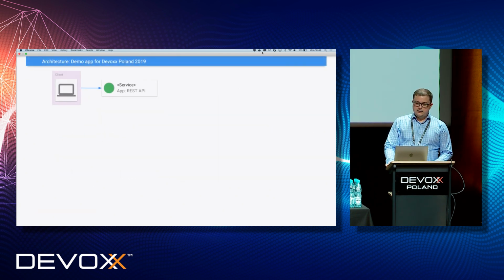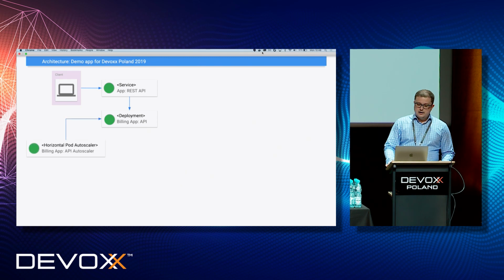So this is what we end up with. We have a client connecting to a REST API. Of course, we'll have a deployment that is running this API. There is a nice thing called horizontal pod autoscaler. Horizontal pod autoscaler allows us to monitor the resource usage or the load of a particular workload in Kubernetes and scale up the number of replicas hidden behind the replica set, in this particular case the deployment,